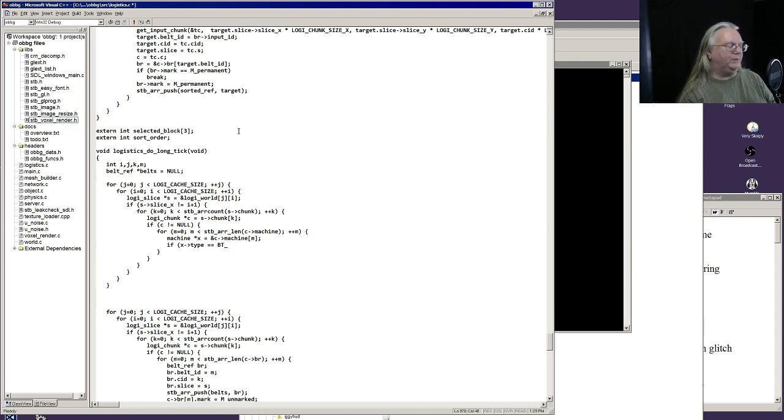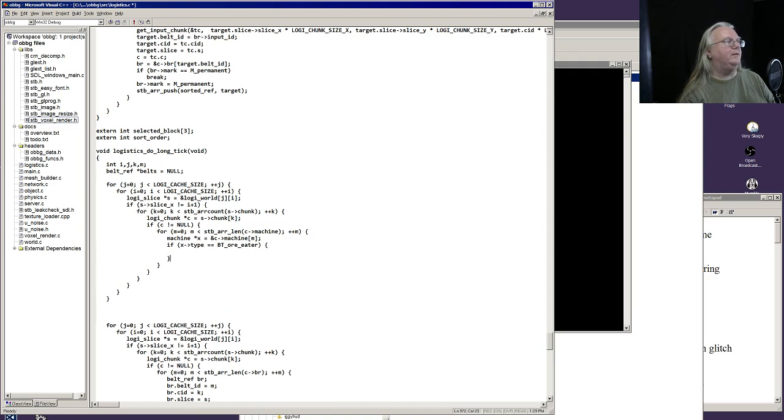Is block type eater. And timer equals 0, so it's ready to consume again. Then,